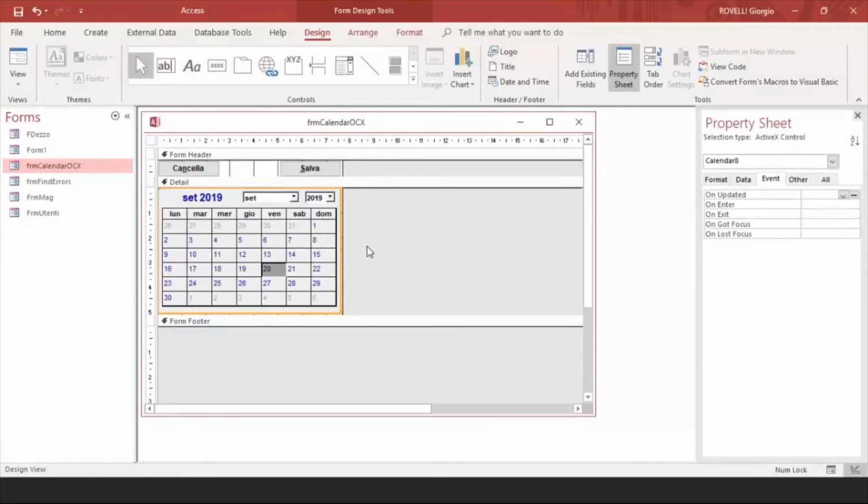Now, whenever you change versions like this, the first thing you have to do before you ever open a form that has an ActiveX control is, hold on, wait, is you need to open a blank form and insert the control that you want to use, and that will set the references correctly.